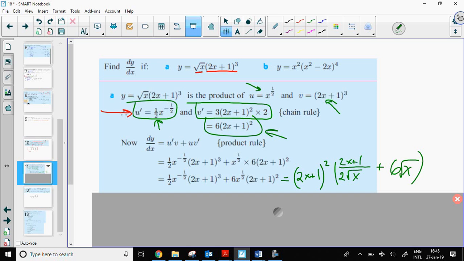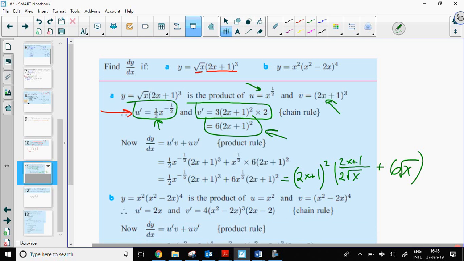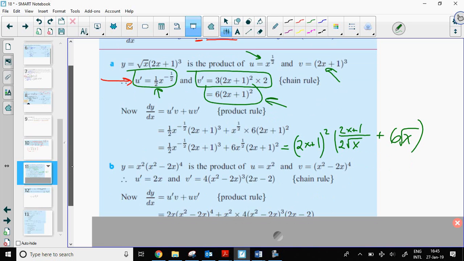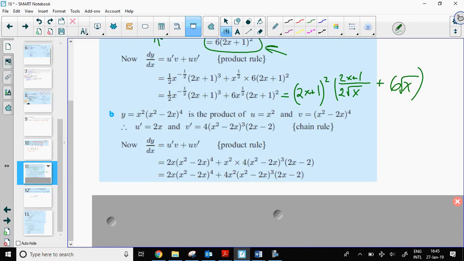We've got another product. It's x squared times (x squared minus 2x) to the fourth. And I don't even have room to fit that whole thing here. Oh, there it is. Now, I say that I wouldn't write down all this work, so let's analyze this one to see what I would do. So that's my original function. So I would start writing down, okay, it's going to be the derivative of the first part. The derivative of x squared is 2x, multiplied by the second part. Got it. Plus